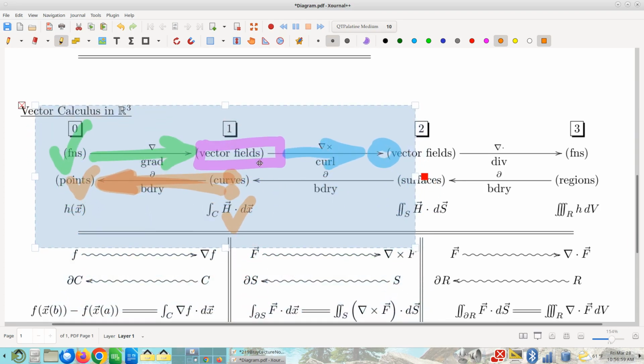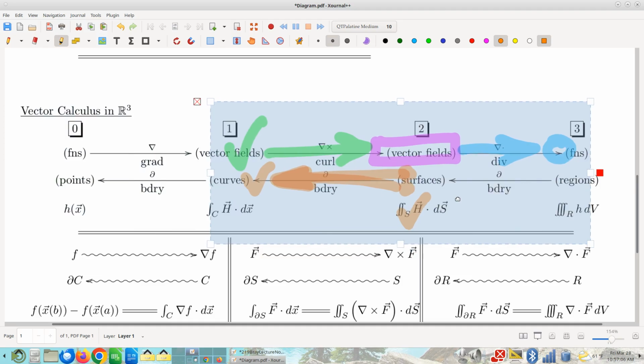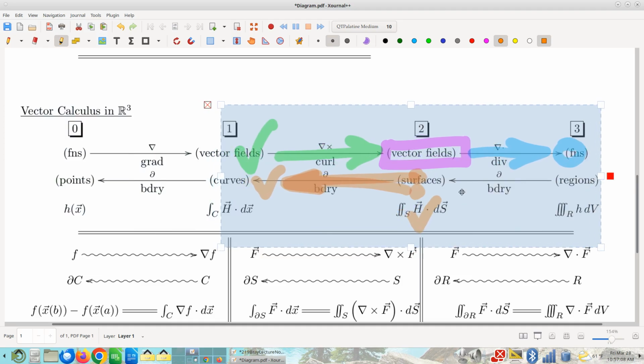works exactly the same way on the three-dimensional diagram. And here's where it gets even weirder than that. It also works one position over. This isn't just increasing the dimension of the context. This is increasing the dimensions of all of the objects involved. It's not even about gradient anymore. Now it's about curl fields. It's not about fields whose curl is 0. It's about fields whose divergence is 0.